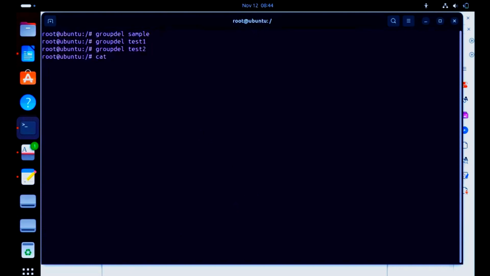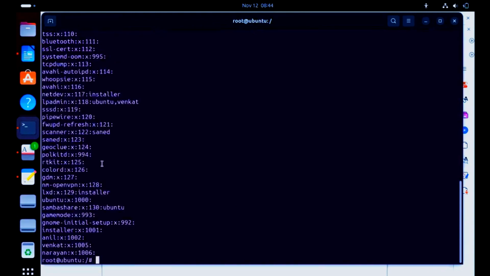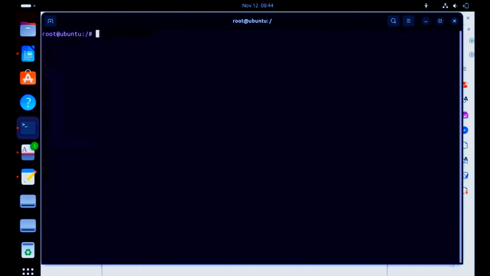Now you can see etc. Under etc, under group, you can see there is no test1, test2, or sample group. Now we have deleted three groups. So there are two users there. So this is about user management in